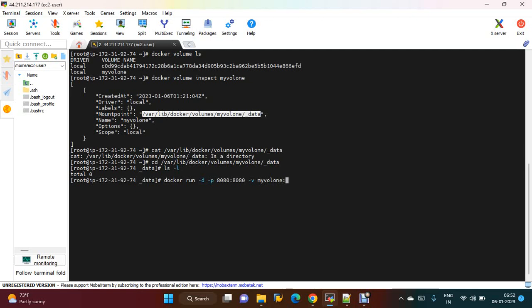colon the default path of Jenkins, /var/jenkins_home, and I'm giving the container name with --name my jenkins, and the image name jenkins/jenkins:latest. So the container is up and running. Now if you see docker ps,